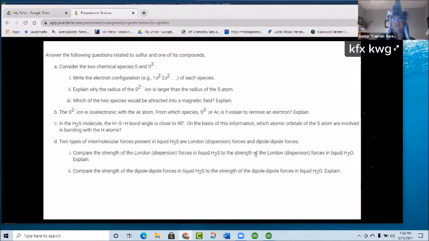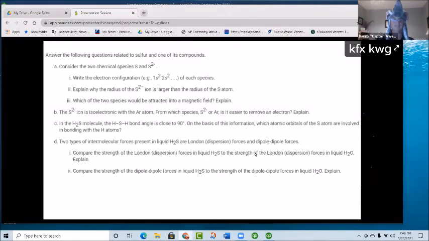In the H2S molecule, the HSH bond angle is close to 90. Which atomic orbitals are involved? That's a Unit 2 question. Can you draw a Lewis structure and come to some answer? And then part D,